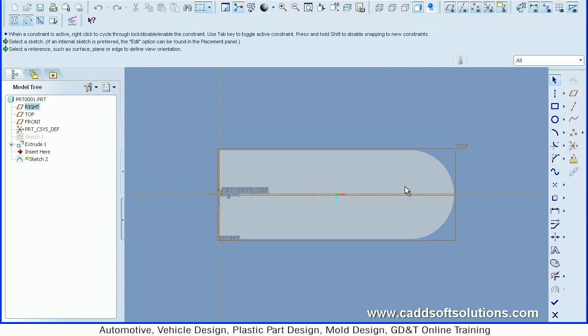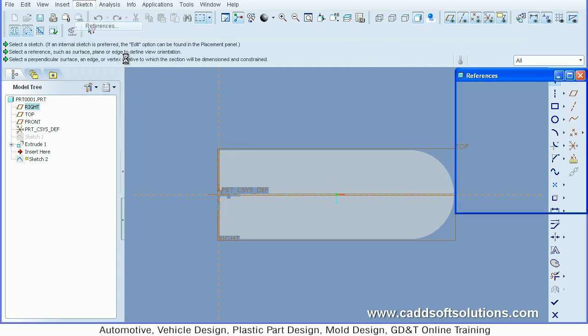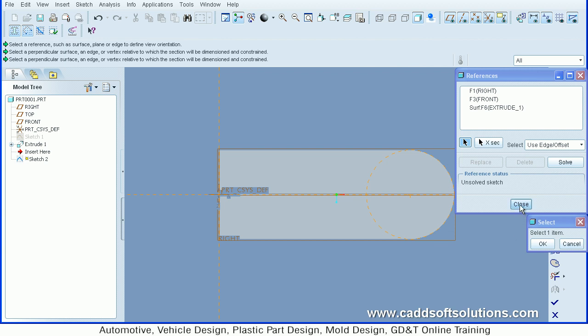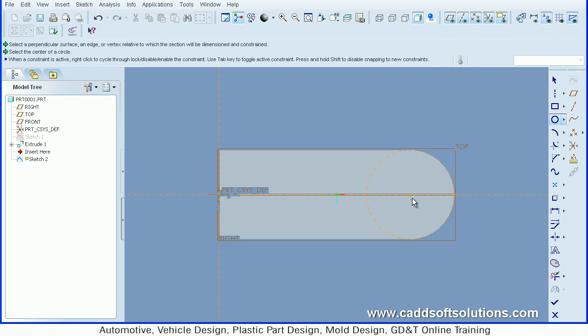Now I want to create a part here, so I will just take the references of this arc so that I can catch the center of that arc. So for that, for taking the reference, you have to go to sketch menu and say references and just click on the outside arc, so it will automatically take that reference. Now it has taken the reference, so I want to create a circle of 8 radius. So just give circle command and diameter of 16 diameter. Then one more circle here